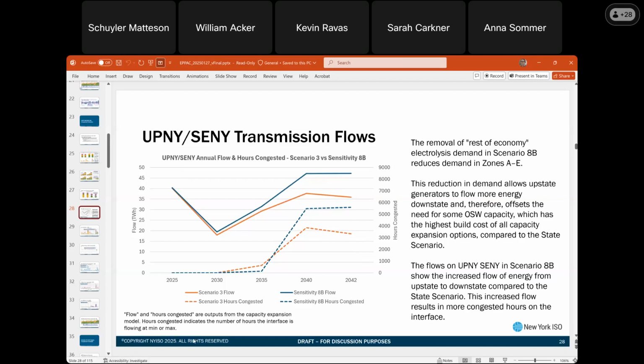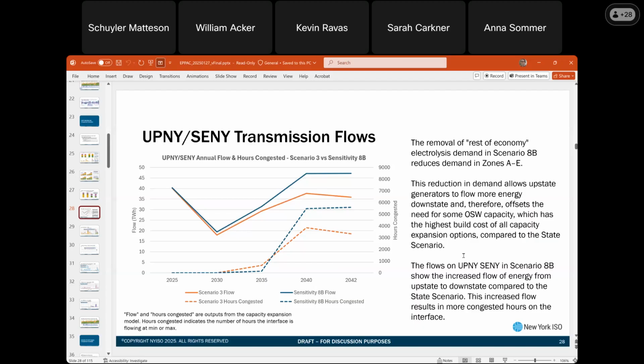And just as a reminder, the capacity expansion model is a pipe and bubble model. So it doesn't have an overly detailed representation of the transmission system, but we are able to get some flow information on the pipes between the different zones in the model. So with that caveat, when we look at this, we see that the reduction in demand allows